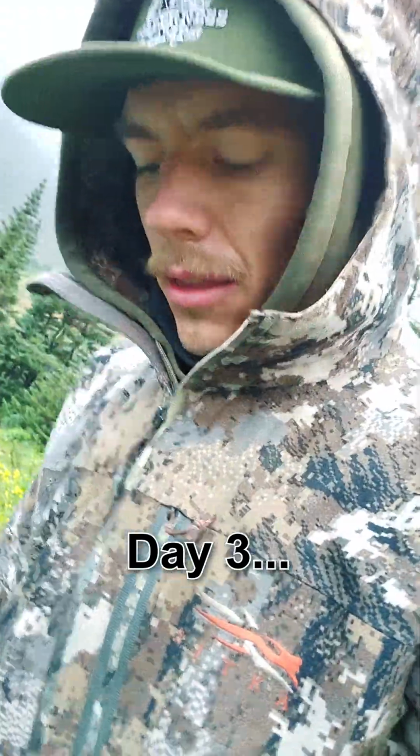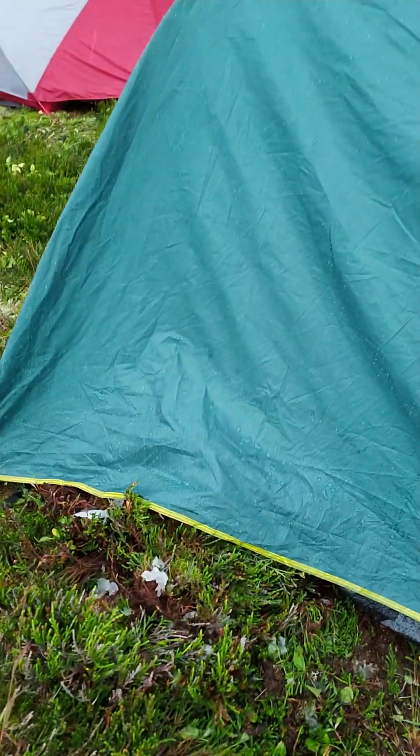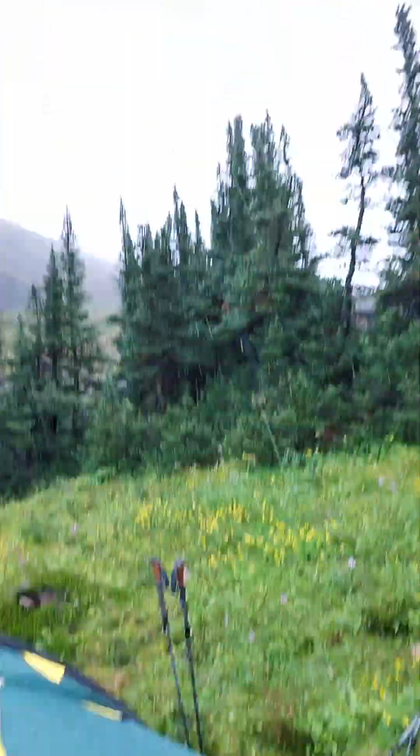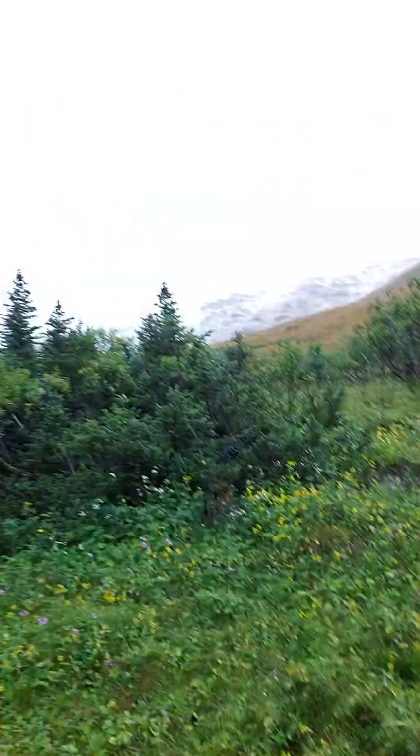So we woke up on day 3 of our hunt, and there's snow all over the mountains. You can see this snow and ice stuff that's melting. So yeah, it's a cold morning. It'll be interesting getting a fire going, but so far the animals aren't moving, and we're just gonna hunker down for a little bit and wait till it clears up, because it looks like it might do that in another